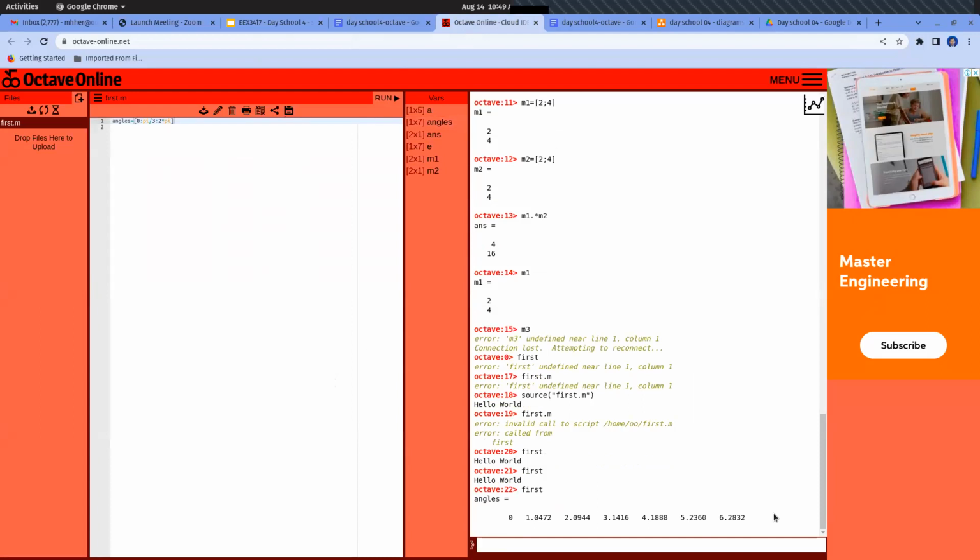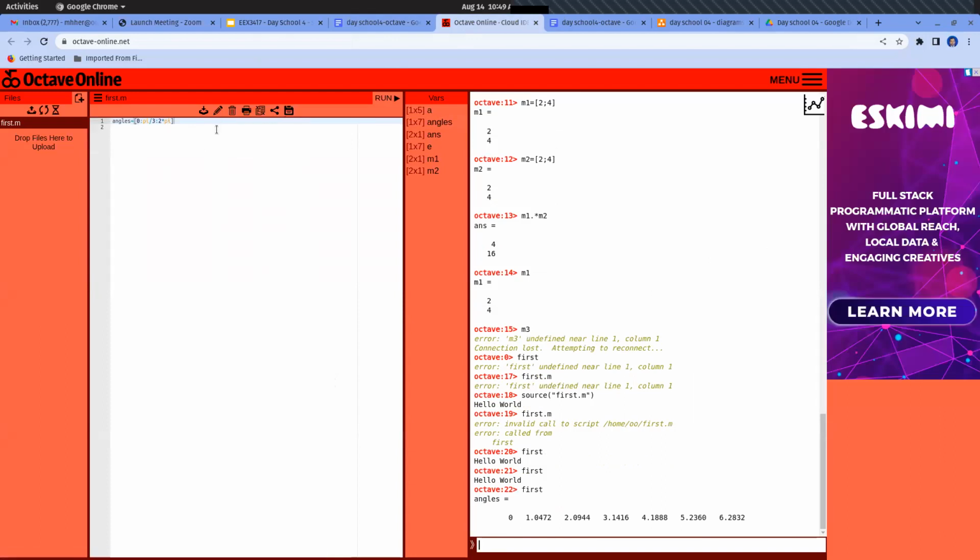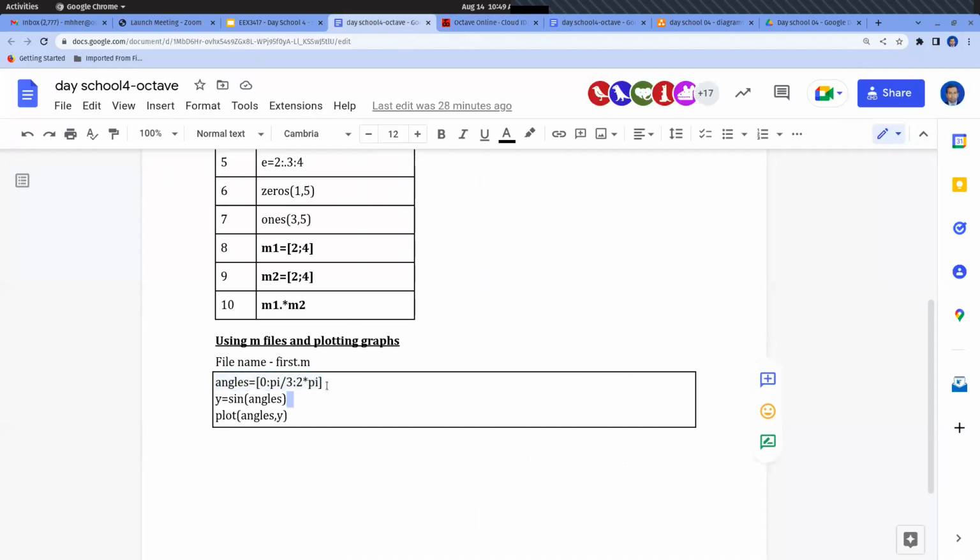Angles. You can see angles here. This command. I don't know whether you can see it here. I can't expand this one. Angles equal to actually this command. Angles equal to 0 to 5. Pi is 3.14 and pi divided by